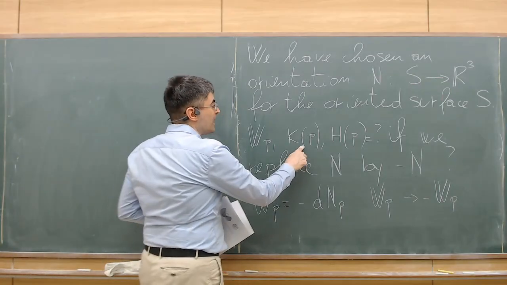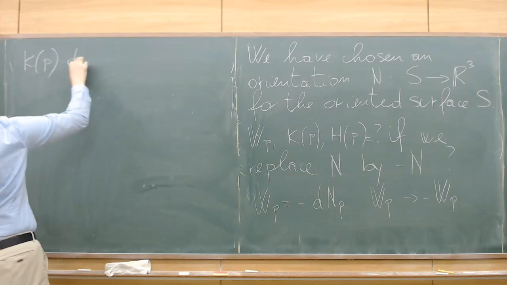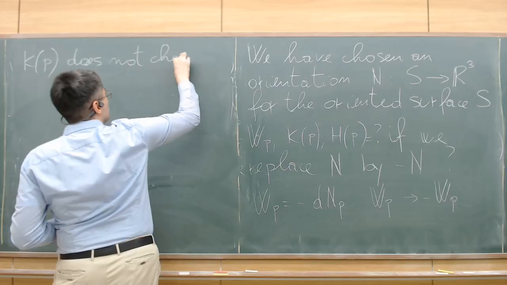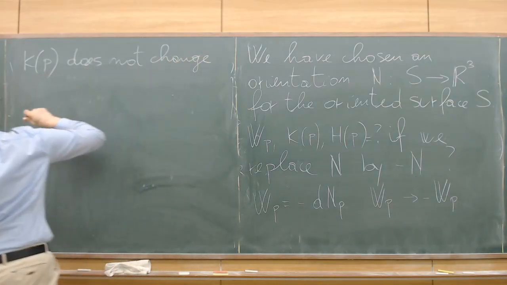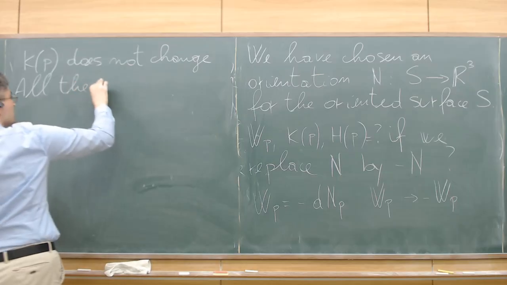And instead, K of P does not change. Why? Because all the entries